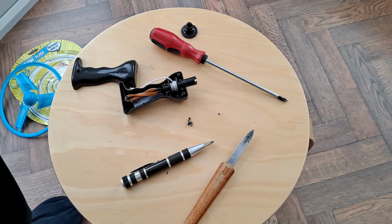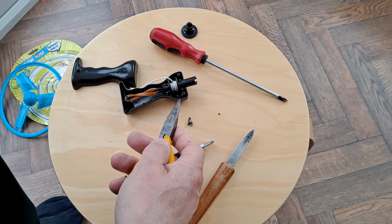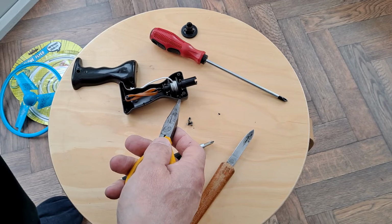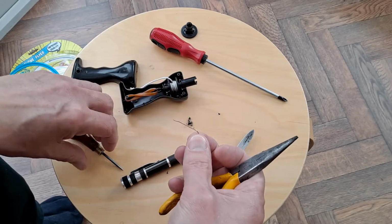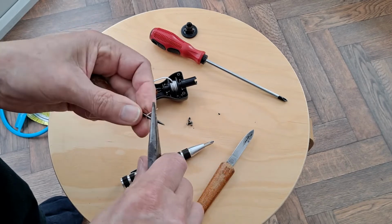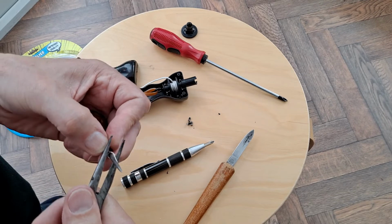Right, I've been trying to think what I can do to improve this, to basically repair the area where it's getting worn away by the string. Now, I do know somewhere in my stock I do have a tool that puts eyelets into clothing and that sort of thing, but I can't find it. So I've got a bit of paper clip here, and it occurs to me that if I wrap it tightly around something to make a good circle or an eyelet,